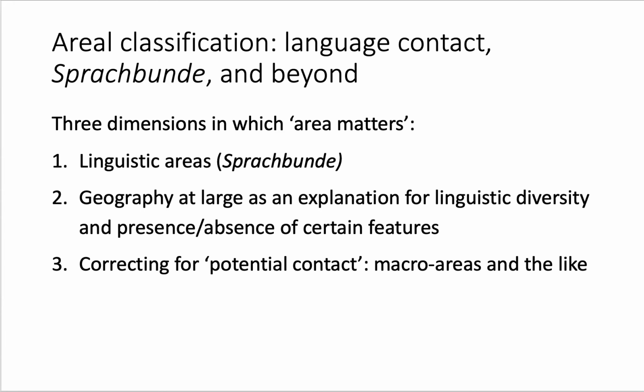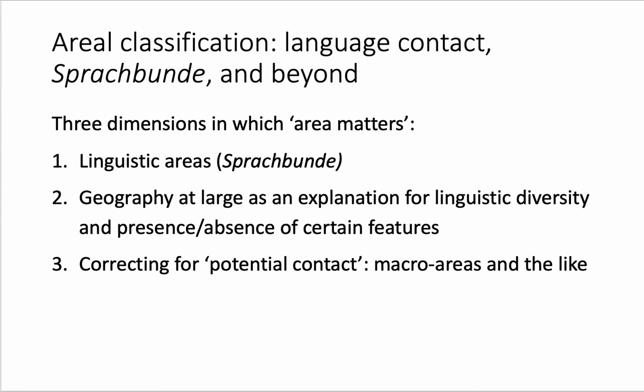There are 3 dimensions, or possibly more, but at least 3, in which area matters when it comes to the study of languages. First up, linguistic areas, or Sprachbunde. Then we have geography at large, or at least the consideration of where a language is spoken as an explanation for linguistic diversity. Linguistic diversity meaning how many languages are spoken in a certain area here, very specifically, or geography